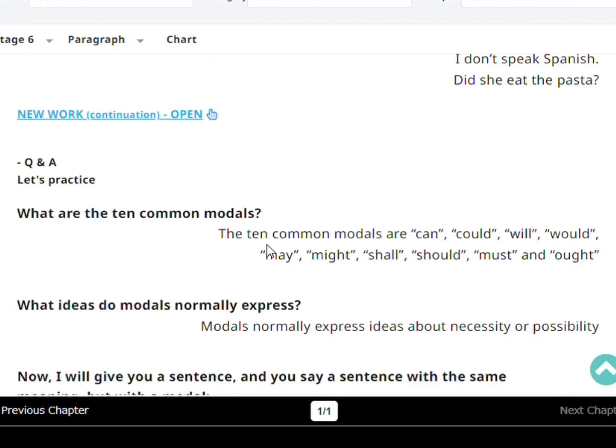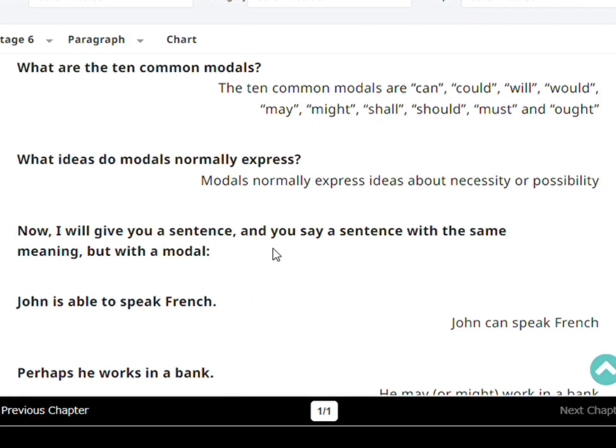What are the 10 common modals? The 10 common modals are can, could, will, would, may, might, shall, should, must, and ought. Very good. What ideas do modals normally express? Modals normally express ideas about necessity or possibility. Very good. Okay, now I will give you a sentence and you say a sentence with the same